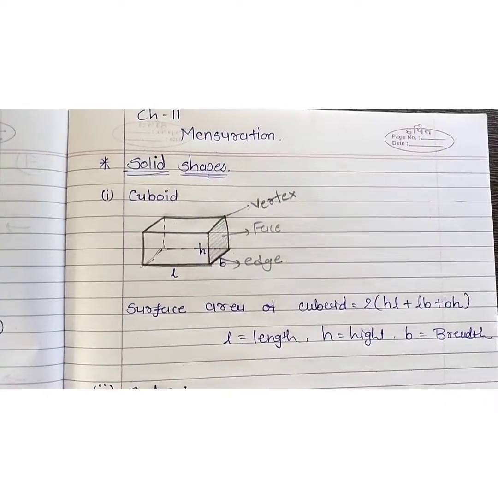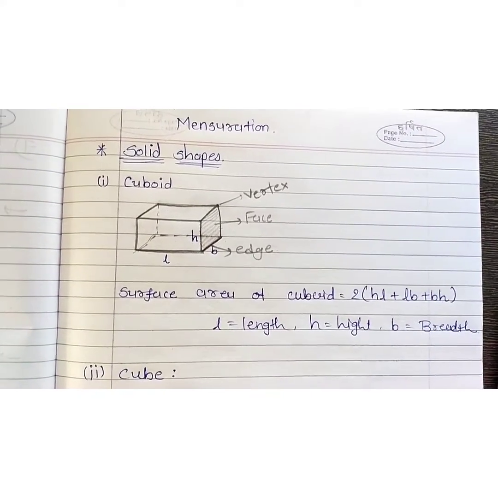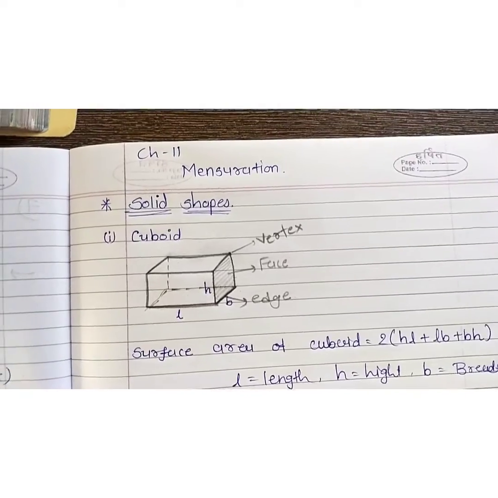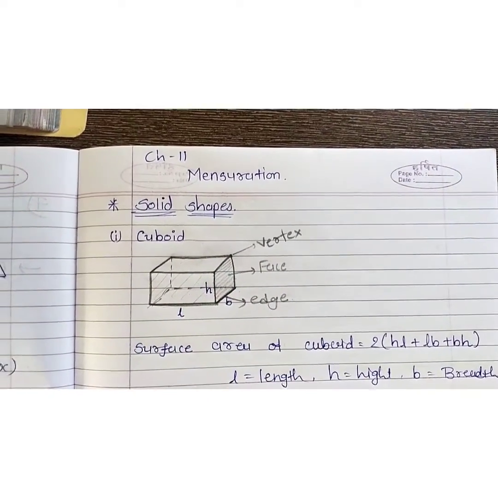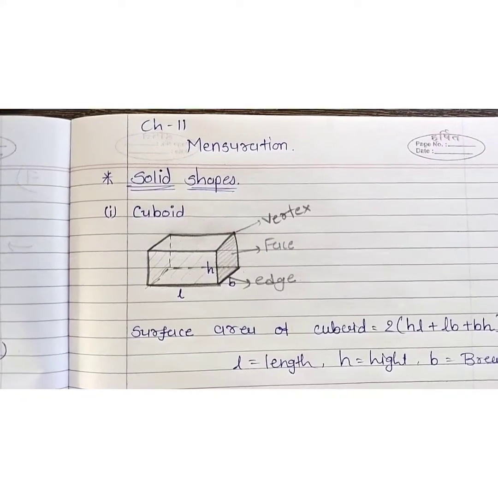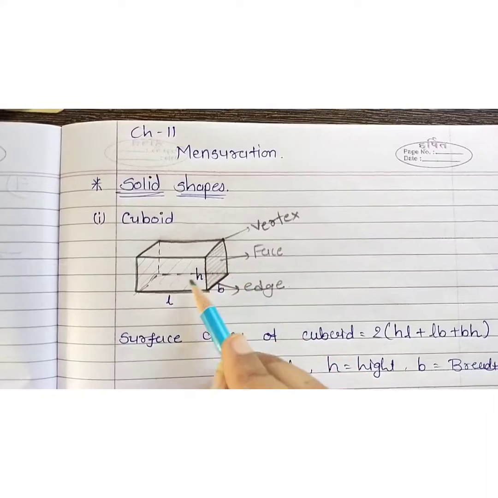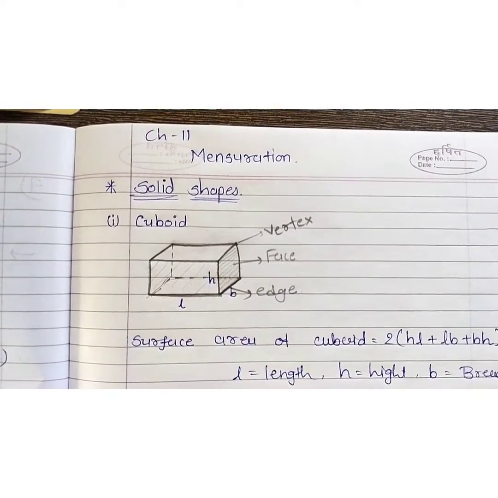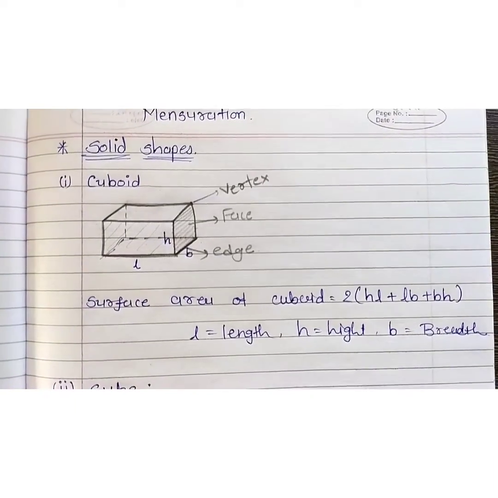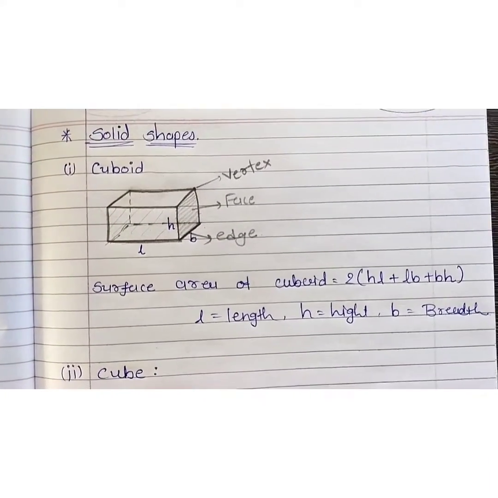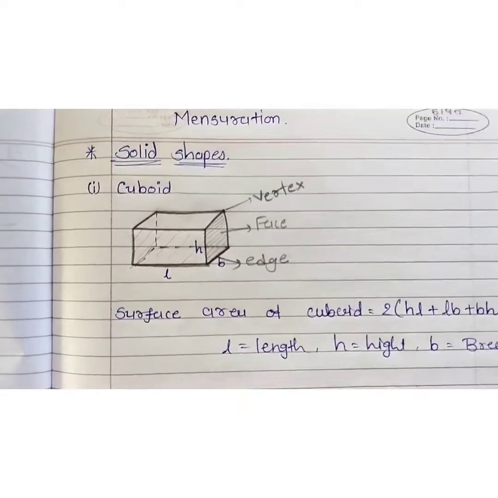There is another formula for lateral surface area. Lateral surface area means if we talk about only the 4 faces, if we don't take roof, or you can say top and bottom, only 4 faces. For example, if we take a room, so if you want to color all the walls, not the roof and the floor, so what is the equation for that?